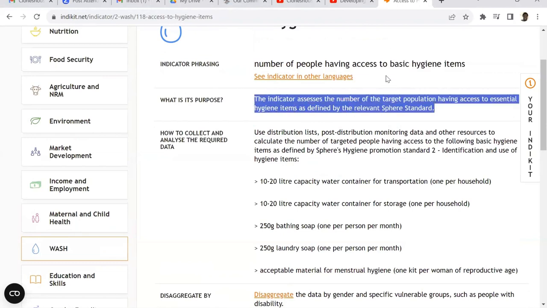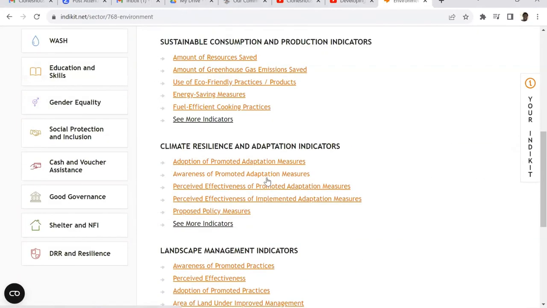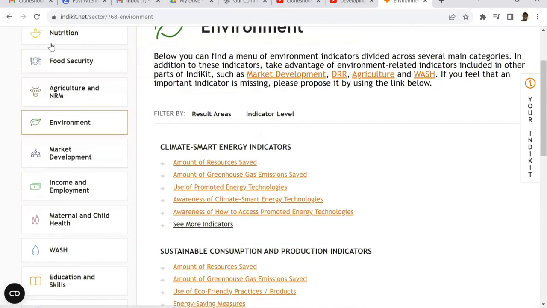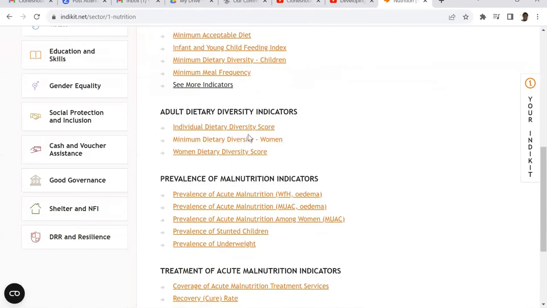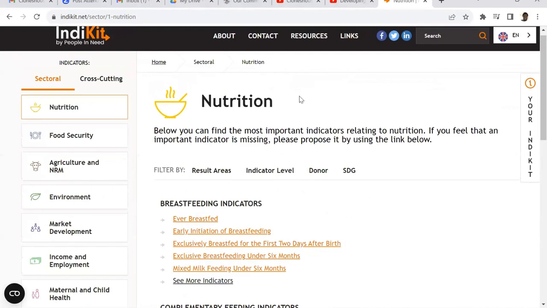So you can make use of a whole bunch of these if you're working in environment, climate change, resilience. If you're working on nutrition, there are already indicators for that. You can check out all the indicators that are here. So indicate.net is a place for you to go. It's a one-stop shop, and I encourage you to make use of it in developing your indicators.